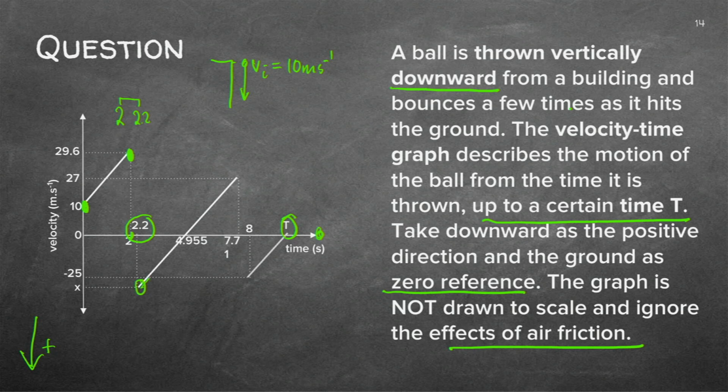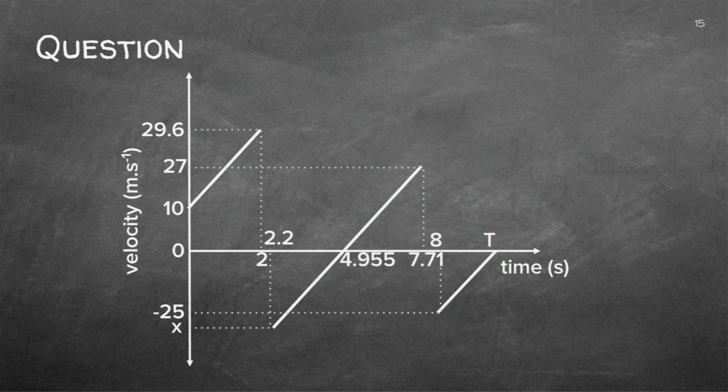Then it came up again, and again there you can see it went up. It turned around at 4.955. It went up to 27. It then reached the ground at 27, spent time on the ground again, and then went up to the final velocity. So, finer values, you must see there 2.2 seconds, 7, 7, 1, and 8. Can you see it's actually a soft ball because it's spending time on the ground?